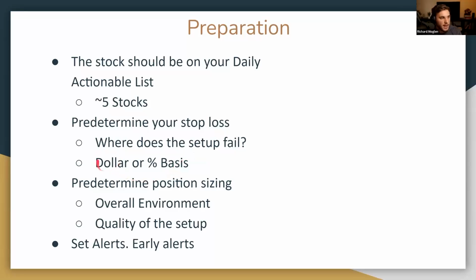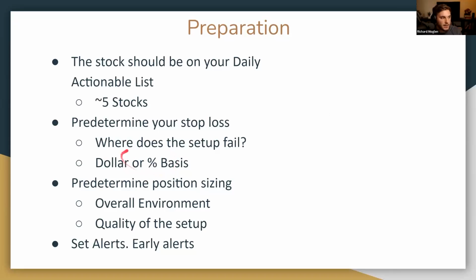And you can basically decide your stop loss on either a dollar amount or a percentage basis. So percentage basis would be if you bought it at 100, you set your stop at 95, that's a 5% loss. Or you can think of it in terms of dollars by basically saying, I want to lose max $200 on that trade. And you basically have to do the math in terms of how many shares you bought and your buy price, and then where you would have to sell to make sure that you're ensuring a $200 loss. But basically, both of these can be predetermined, and you can make sure you never lose more than you expect